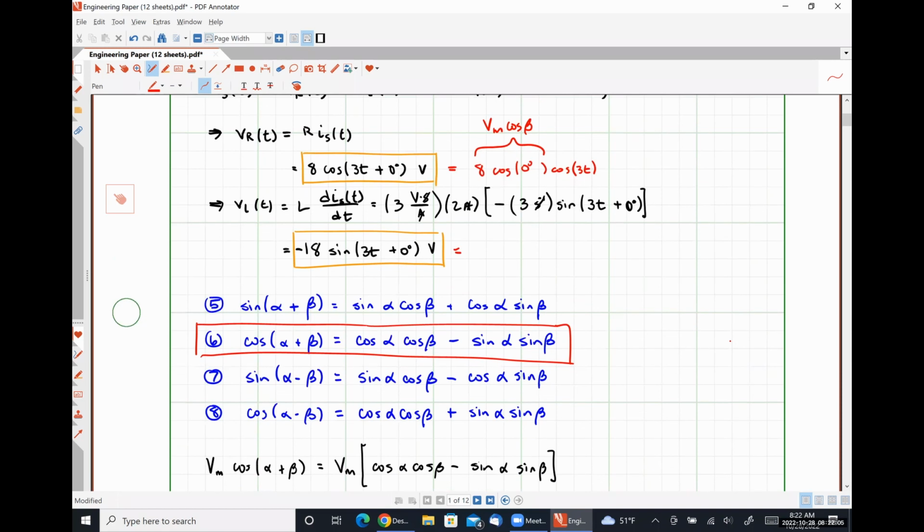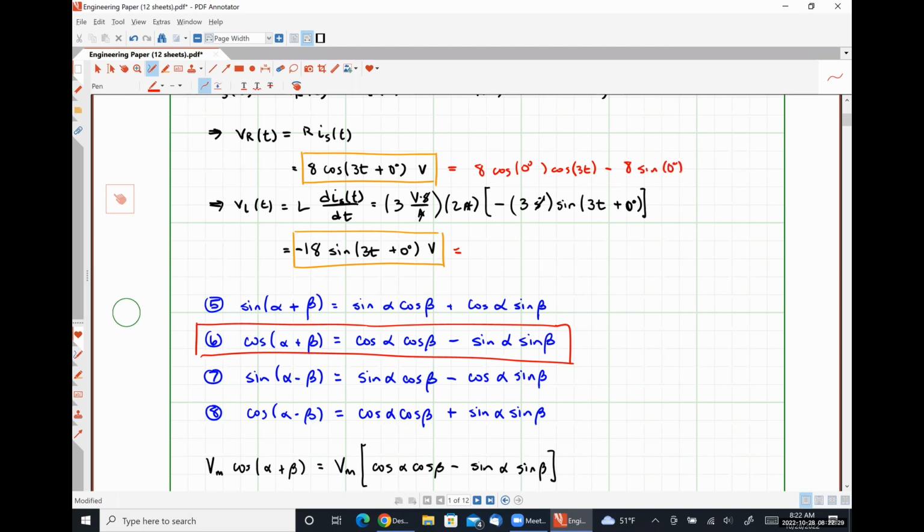All right, let me scratch this off real quick. I know what I'm going to do now. This might take slightly longer, but I'll remember what it is I'm doing. So if I apply, let's see, this is cosine of alpha plus beta. If I apply trig identity number 6 right here, I'm going to have cosine alpha cosine beta minus